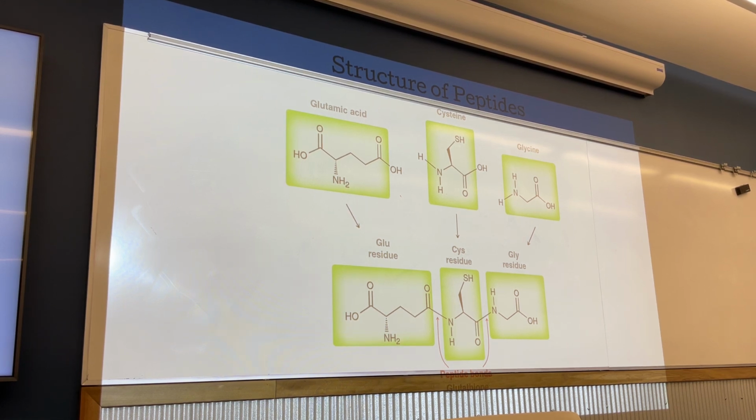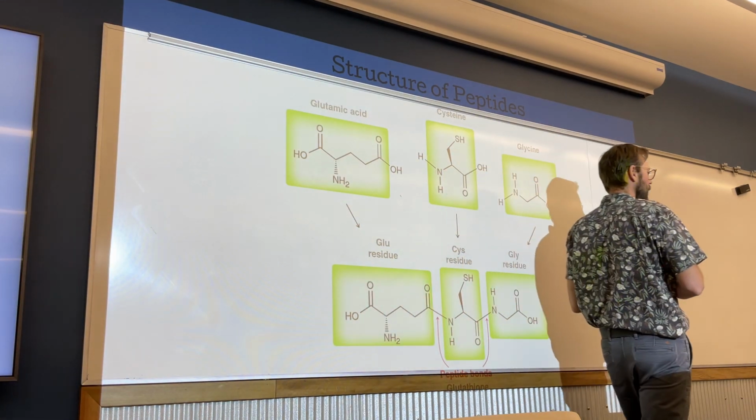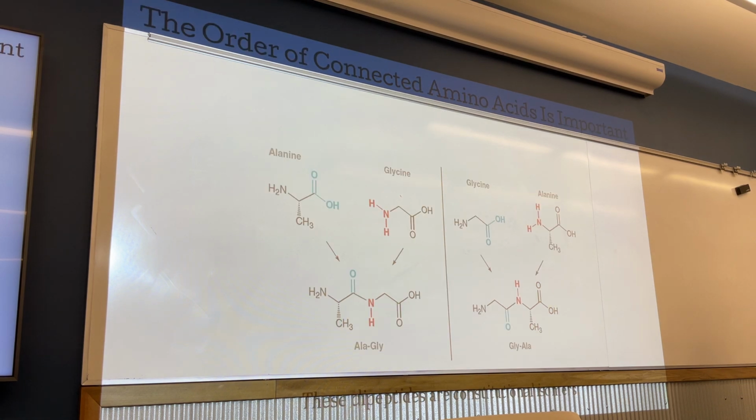Just like changing those biomolecules has vastly different repercussions, the order of glutathione has to be this glutamate, this cysteine, and this glycine residue. If we were to switch them around in some way, it would no longer confer those properties. So even just switching around 3 amino acids can radically change what that peptide is going to do and can do.